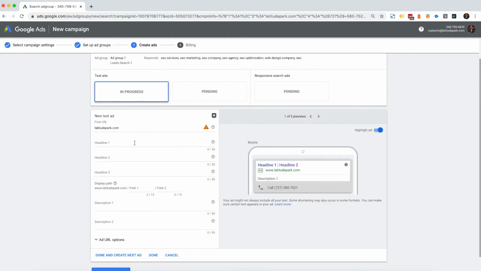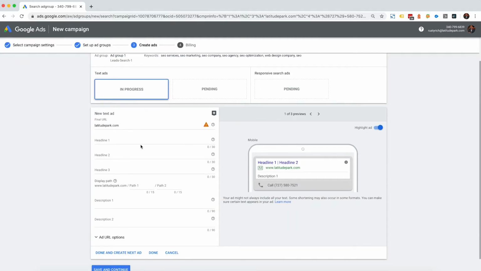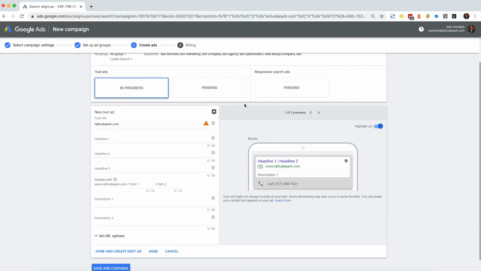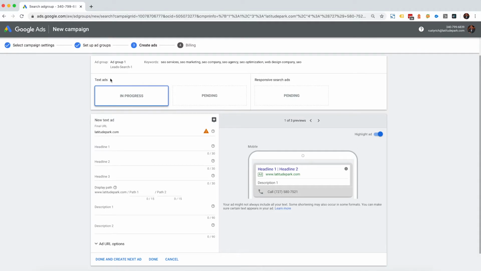And now I'm creating my actual ads. This is an expanded text search ad. And then you can go in and create other ads. Like here's a regular text ad. So I have one in progress. It kind of wants you to create two, and that's why it has one in progress now. And then there's another one, and then there's a responsive search ad. And then we'll also create a call only ad. So create,